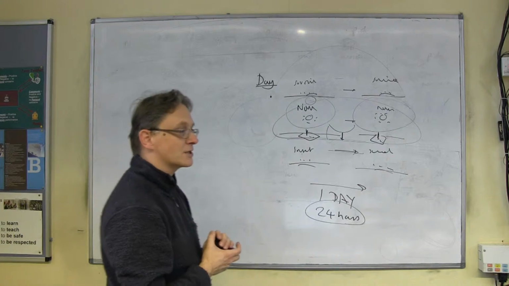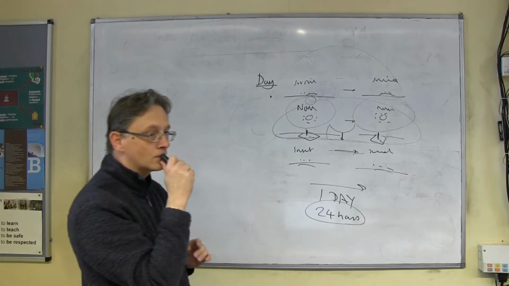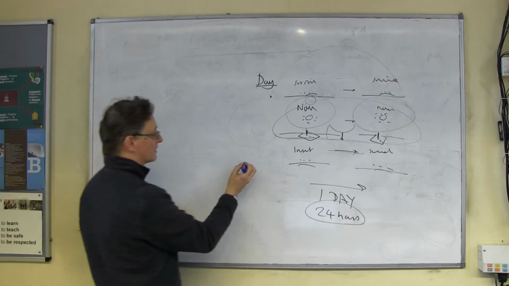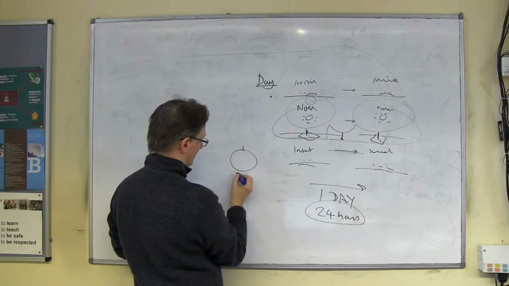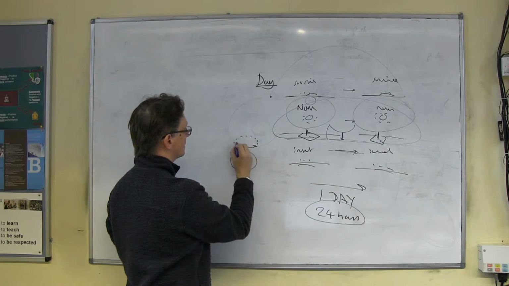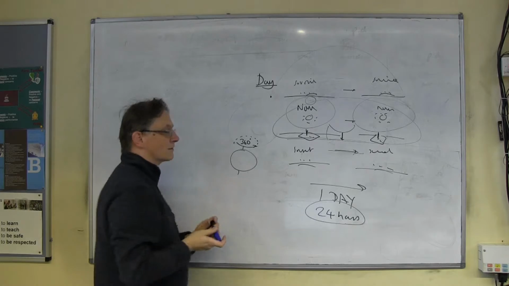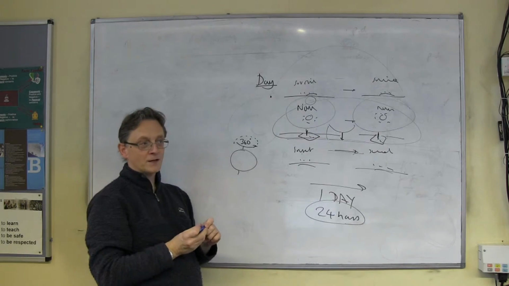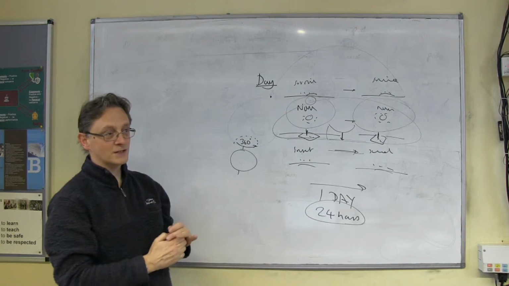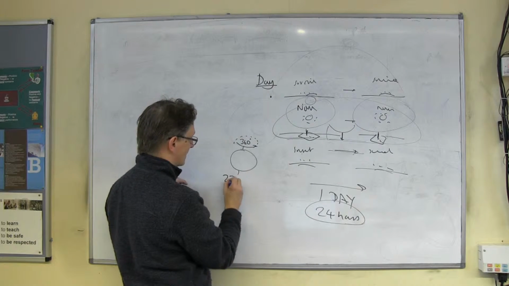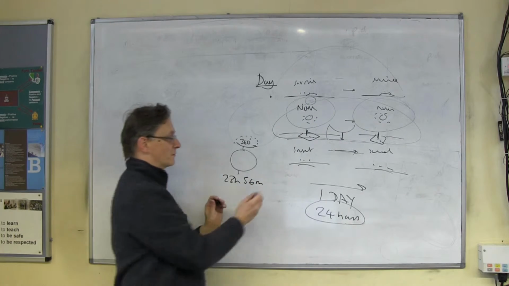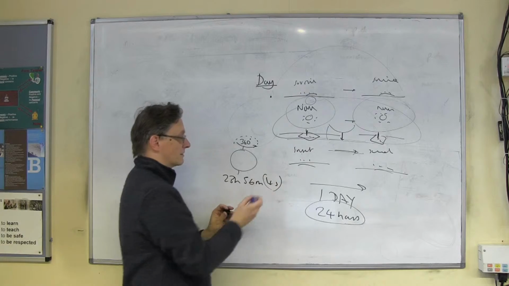What's another definition of the day? What's another way we could measure the day? You could zoom out, couldn't you? You could zoom out in computer games, take what's called the God's eye view, and if the Earth is spinning, you could say how long does it take the Earth to do a 360-degree circle? Think of the Earth like a spinning football and how long it takes to do 360. Now, the rather strange thing is that doesn't take 24 hours, that takes 23 hours, 56 minutes and 4 seconds.